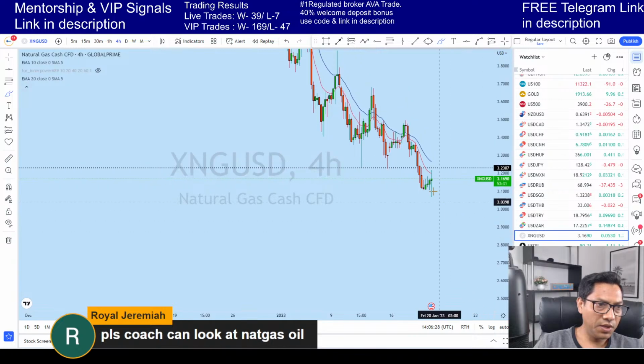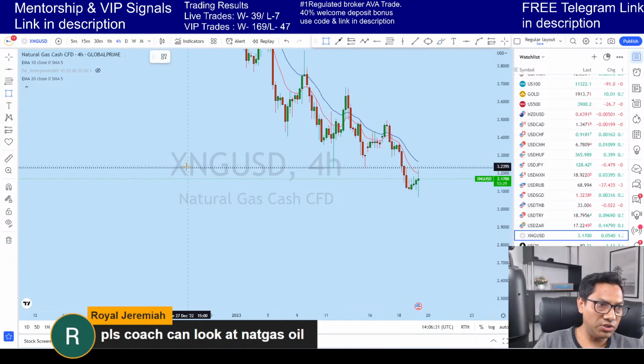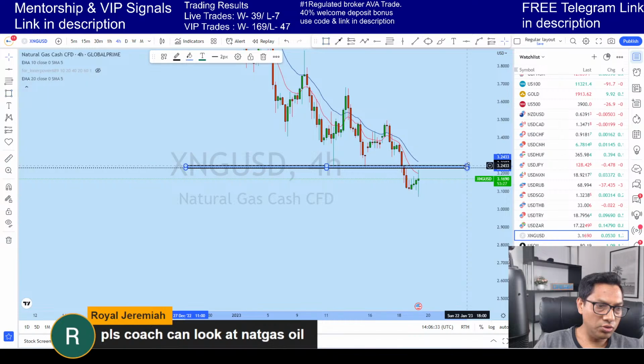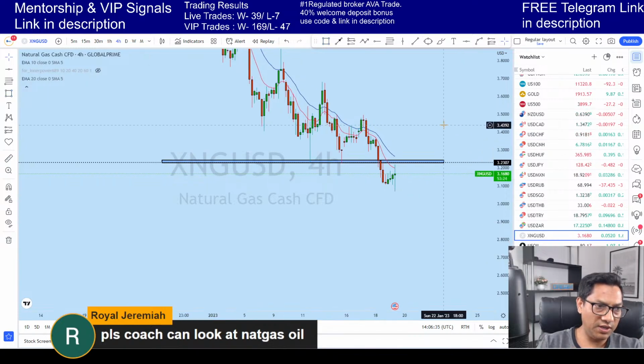So basically the price action and market structure is bearish, so this is the zone for selling after price action confirmation, a selling opportunity on natural gas,